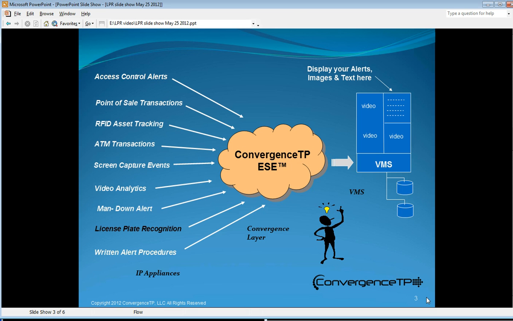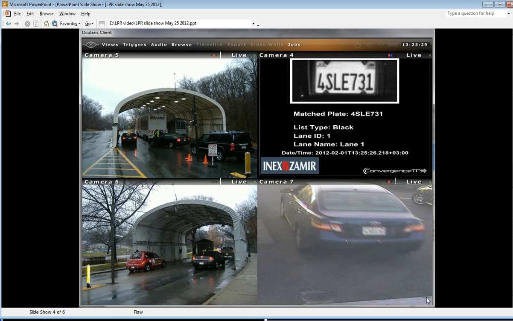For an LPR capture, this is what the ONSSI Ocularis client view would look like. It shows a surveillance video and the alert message. It's a 2x2 screenshot. Three of the panes are surveillance video and one pane in the upper right quadrant is the alert message. The content of information in the alert is supplied by the LPR manufacturer, in this case INEX